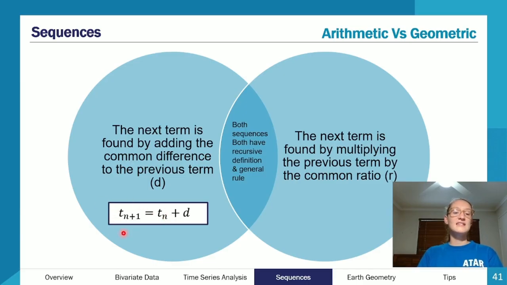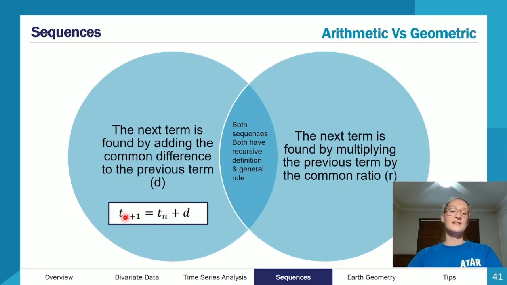What we're saying here is Tn+1, the next term, is equal to Tn, the term we're talking about, plus the common difference. This is our rule, what we're applying every single time. In my example earlier, 2, 4, 6, 8, 10, term 1 was 2. We were starting at 2, but you can have any starting point. A, or T1, was 2. And D, our common difference, was also positive 2, because I was adding the common difference every single time. And so that's how we've ended up with Tn+1